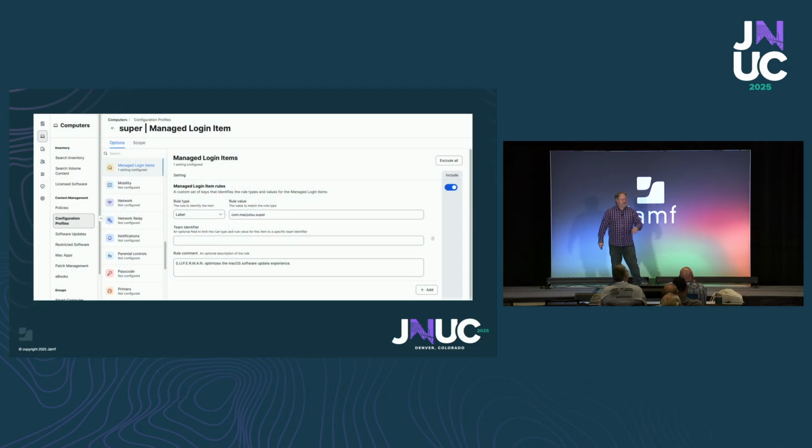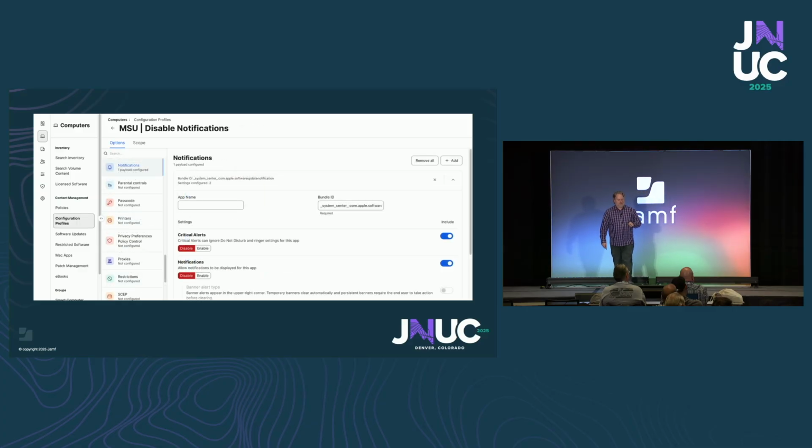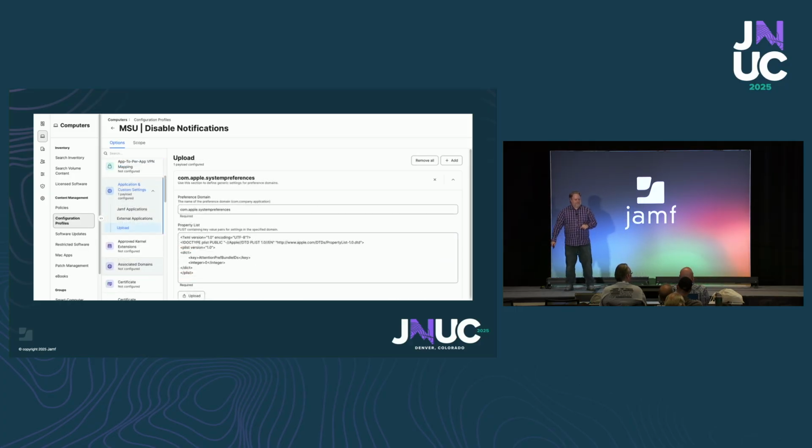So here's the managed login item. Again, these are all on the wiki page. You can download them, but basically this just keeps super from being disabled by the end user. And then, again, you probably have seen this one before. Yes, we want you to turn on everything except for the actual install, because you want to make sure that super's sort of gating that for the user. And then also, if you want to prevent the end user from seeing those Apple notifications, you can hide that with a notifications config profile. Okay, so